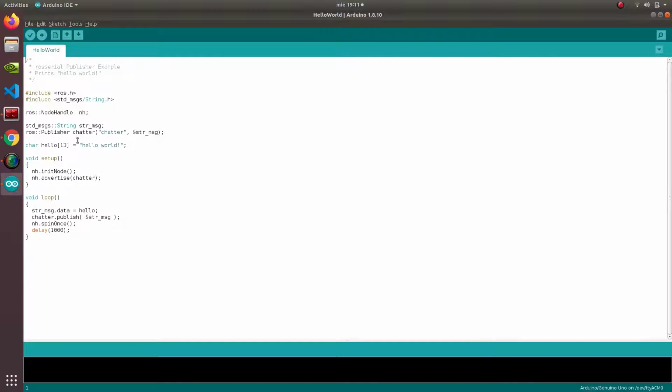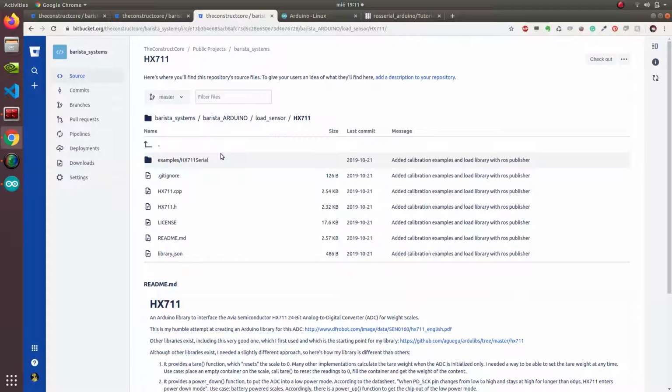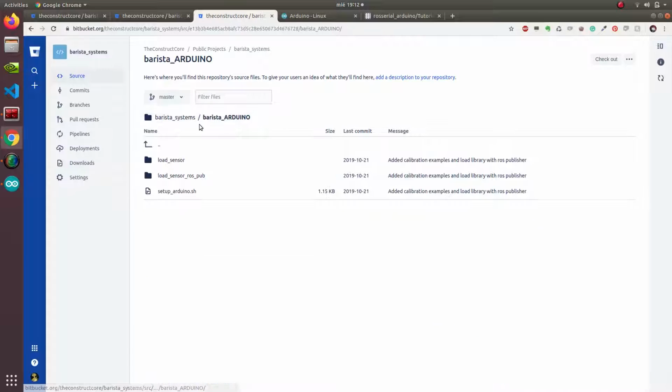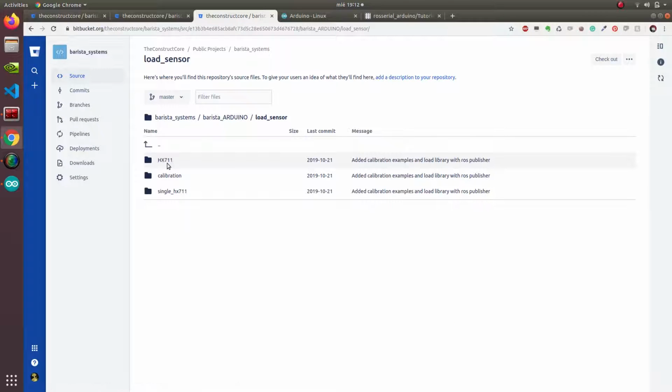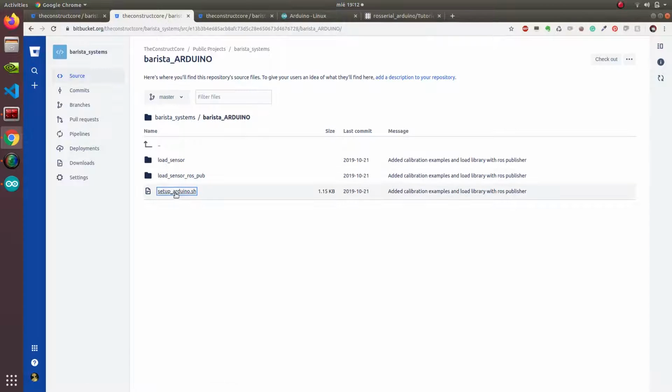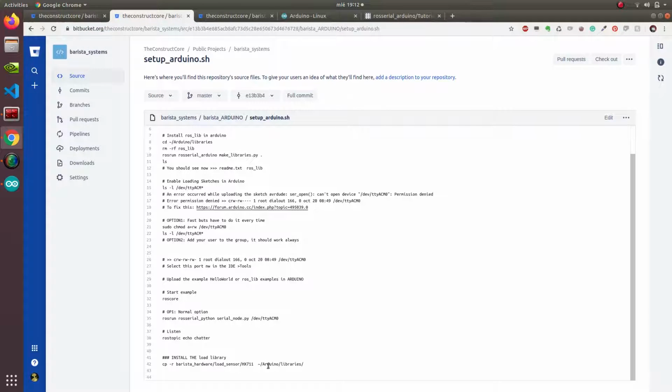Great work. Okay, so now what we're going to do is load an Arduino program that reads from the load sensor and publishes into ROS. For that, we have used a library which is located in this Barista Arduino load sensor HX711. I leave in the video description the original source. But essentially what we have to do is copy it again to our Arduino libraries. So we copy this